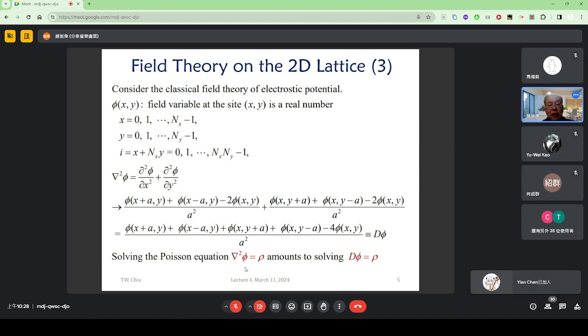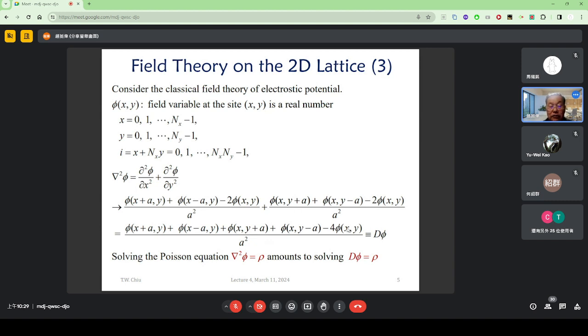So the field variable at the site (x, y) is a real number. The field variable at every site is a real number. And x goes from 0 to nx minus 1, y from 0 to ny minus 1. So for the electrostatic potential, I have to solve the